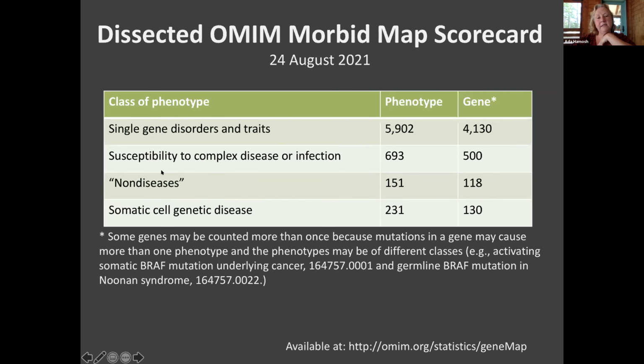Okay. Then non-diseases are like QTLs, platelet size, red cell size, stuff like that. And then somatic cell genetic disease. So OMIM is not COSMIC. It is not where to go for somatic cell cancers. We do put mosaic conditions in this category. And then there are some variants in some cancers where you really can't talk about biology without having them in. So for instance, we will have the V600E BRAF mutation in because it's so important to so many different things. So that will be in. But we are not trying to catalog that at all.